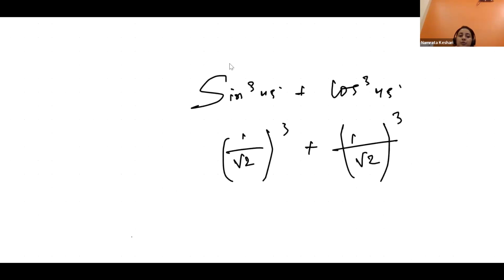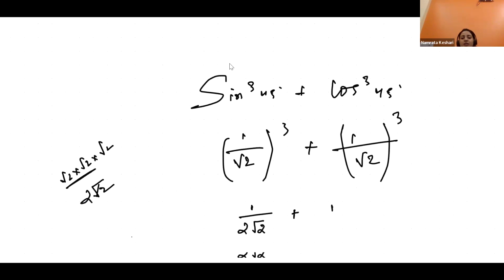So when you do the cube, root 2 into root 2 into root 2, think about it, you will be getting 2 root 2. Yes or no? So we are getting 2 root 2 in the denominator after doing the cube. Here also the same, 2 root 2. Okay. The denominator is the same, the LCM is no doubt just 2 root 2. 1 plus 1 we can add. It will be 2 by 2 root 2. Okay. 2 and 2 gone and 1